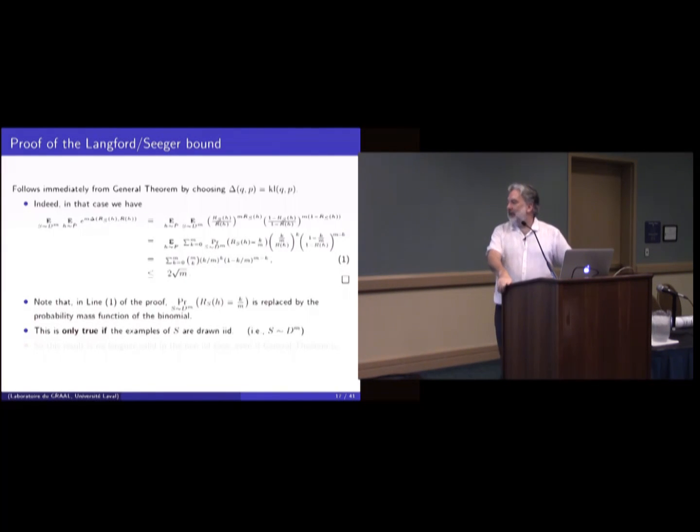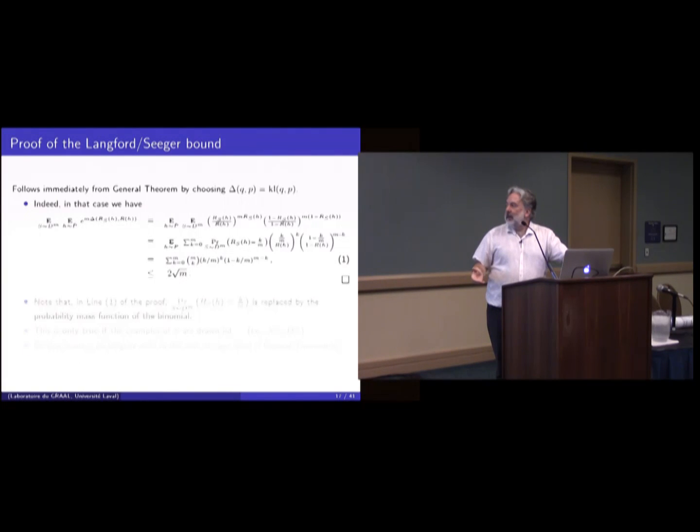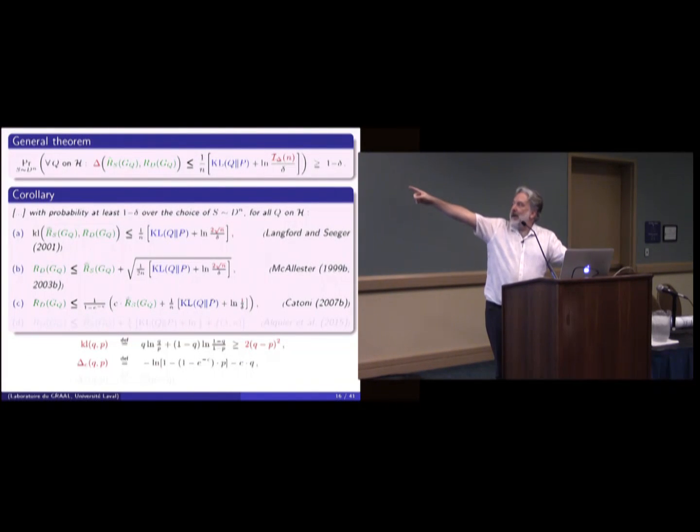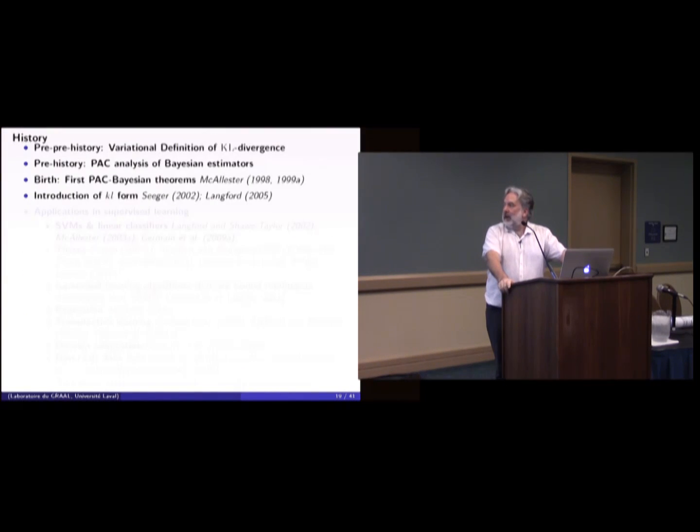Okay, and of course, this is only true for the IID situation. Otherwise, the empirical risk does not follow the binomial law, so you cannot do that. But the general theorem, nevertheless, is always true. The only problem is you have to deal with the calculation of this complex term, the I of delta of m, that can be extremely awful if you are far from the IID situation. Okay, everything's fine now? So a bit of history.